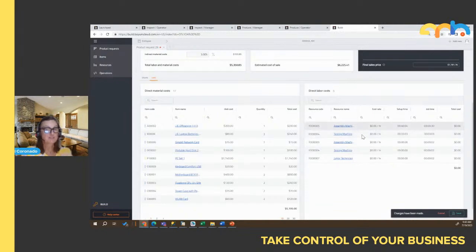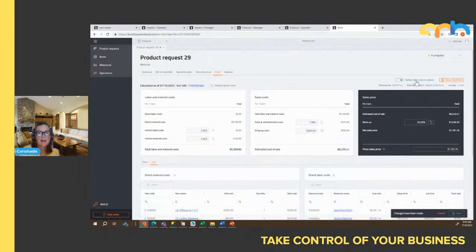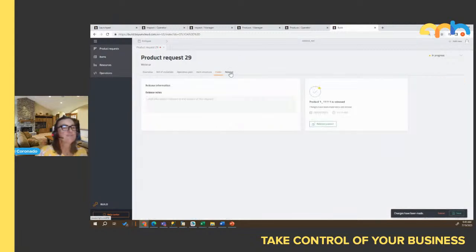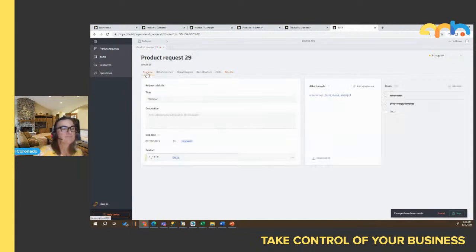Because I have sub-assemblies, you see I have more than one resource here, okay? And I don't have any dollar amounts, I apologize for that. But once you're happy, you can say update sales price on release. That means it would upload this price into my regular sales price in SAP. You save it and then you click the release button and it will upload it to SAP and you're ready to do production on this item. Super nice app,